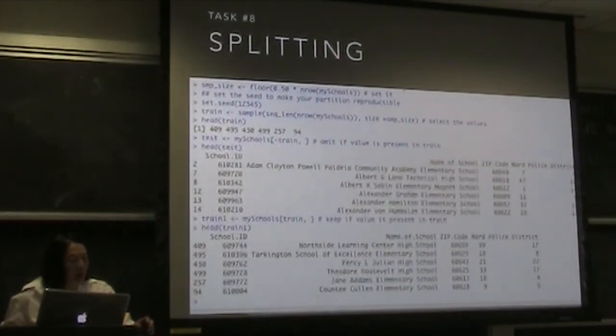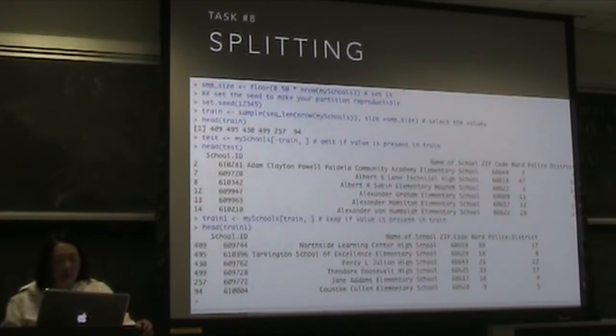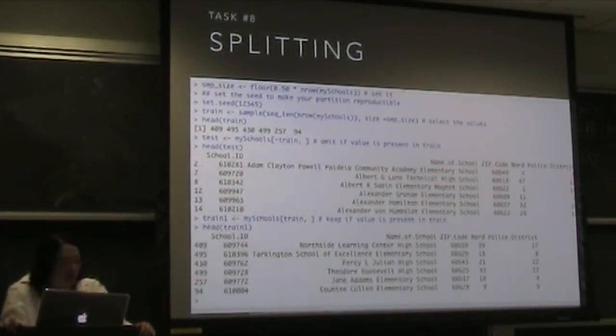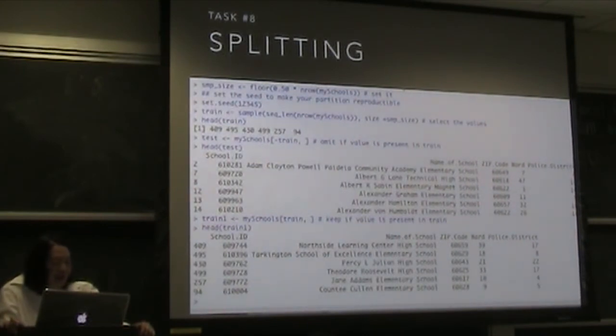Okay, let us talk about splitting. Here I'm just generally making a sample size. All right, here's a 50% sample, and this is what I want as a sample size for my schools. I'm going to set the seed to make my partition reproducible.